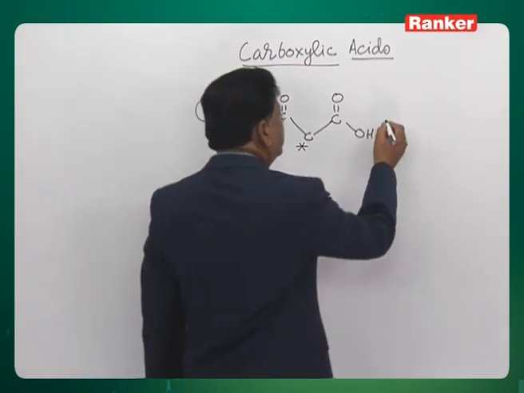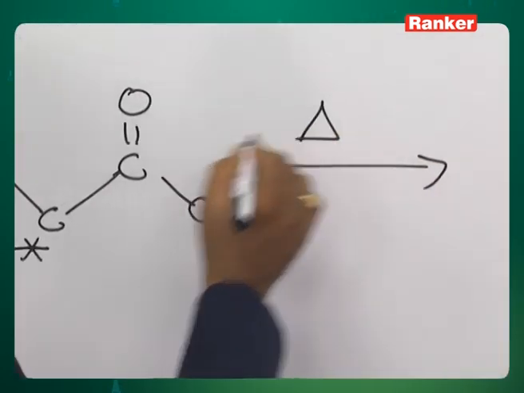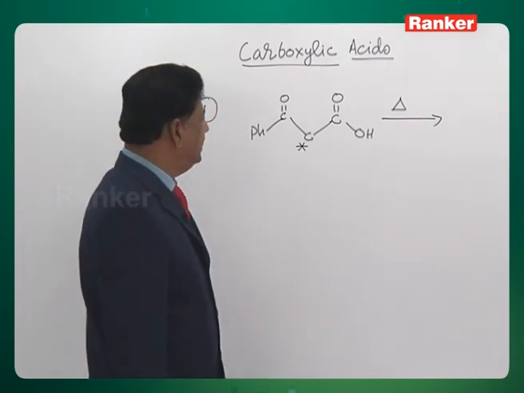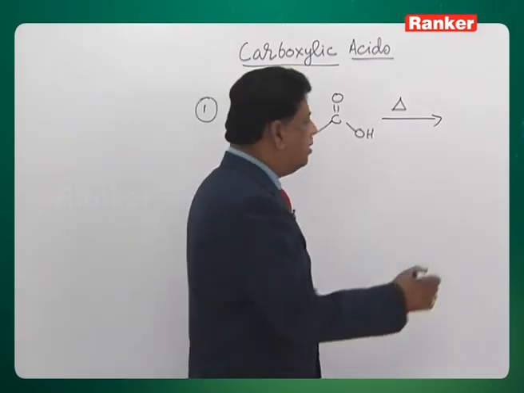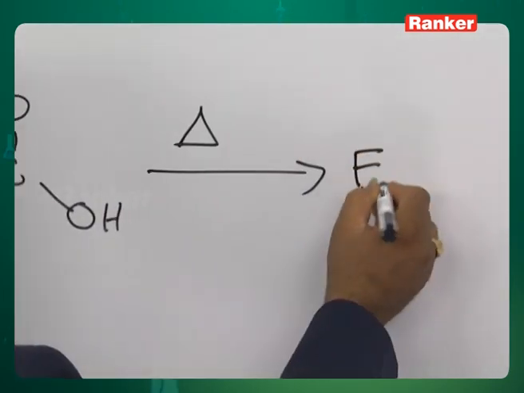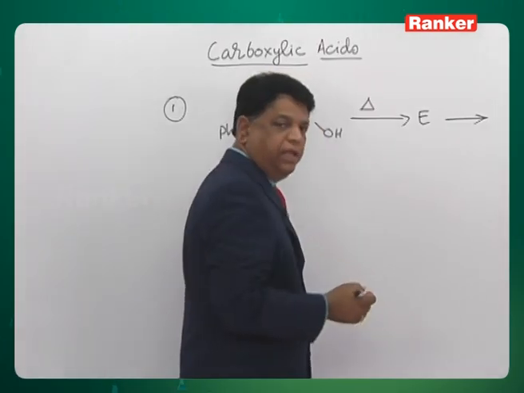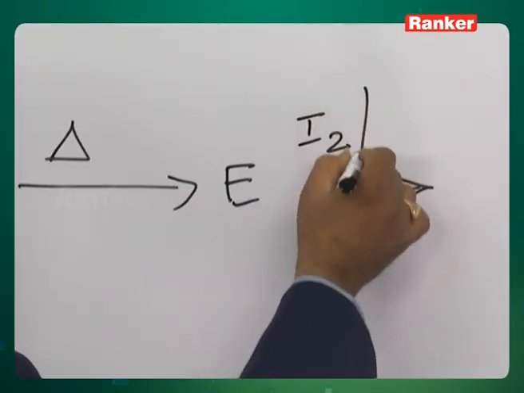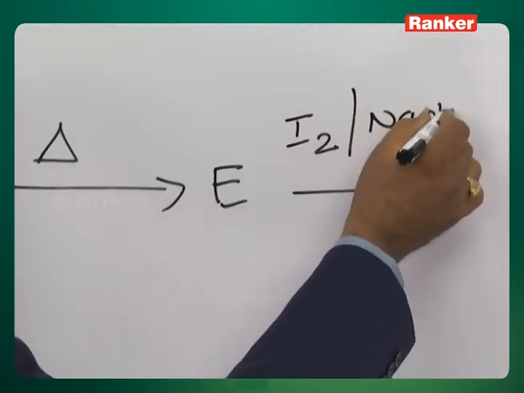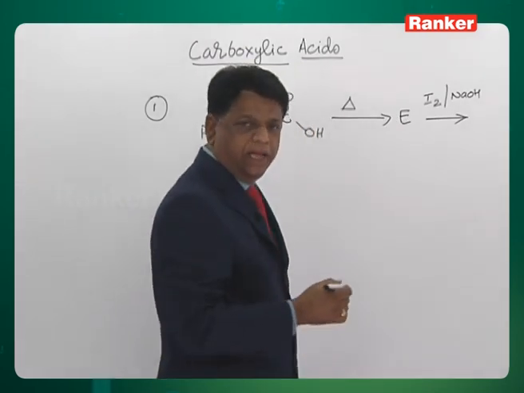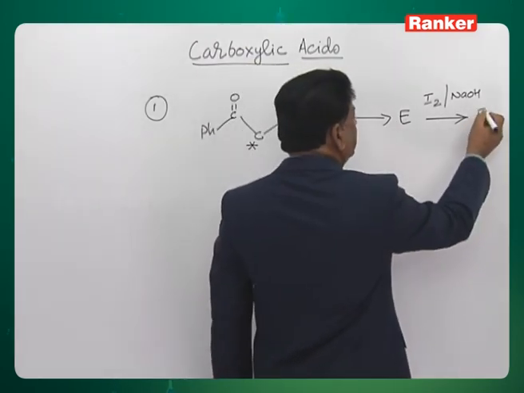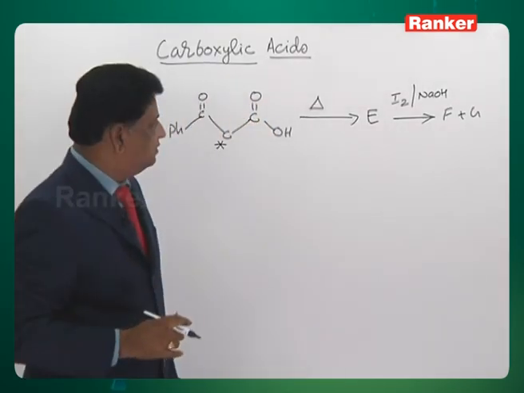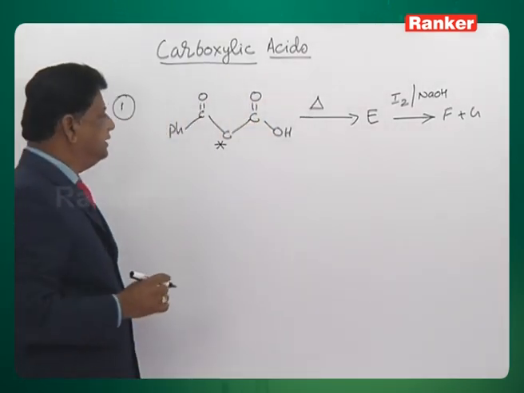So, this compound on treatment with heating, just heating, not any carboxylating agent, just heating, you got a compound E. E after treatment with iodine and NaOH, this is an iodoform giving reaction, then you got F and G. So, the question is what E, F, G are, but here let us see the concept